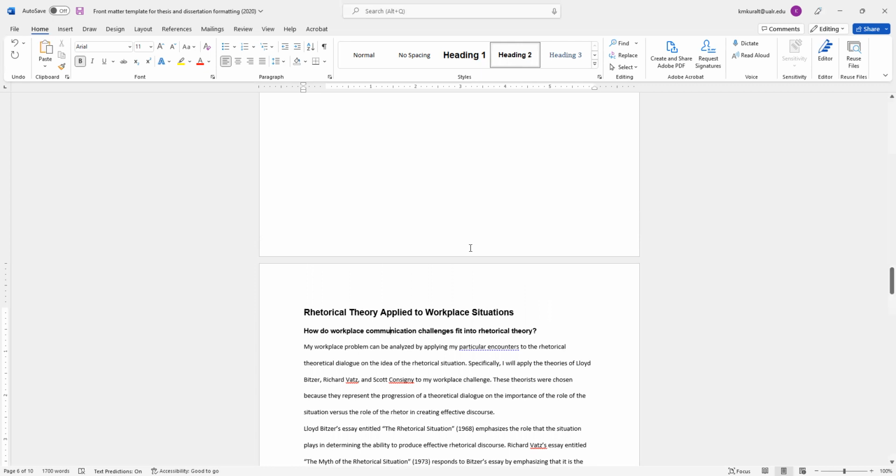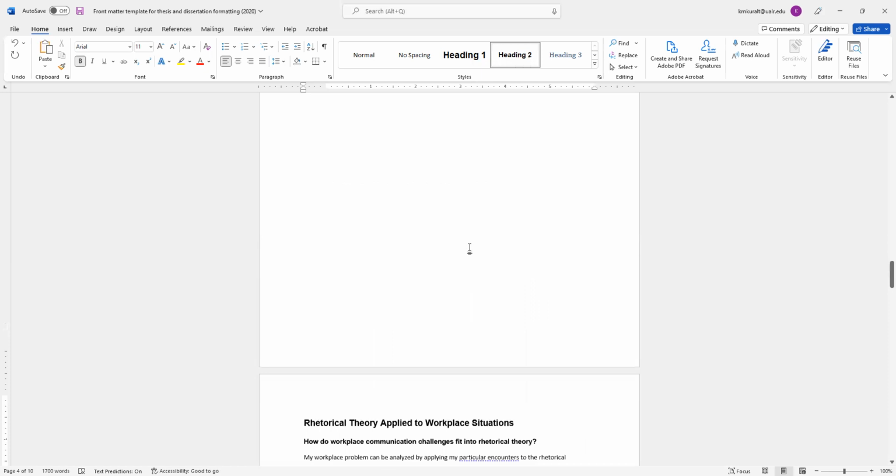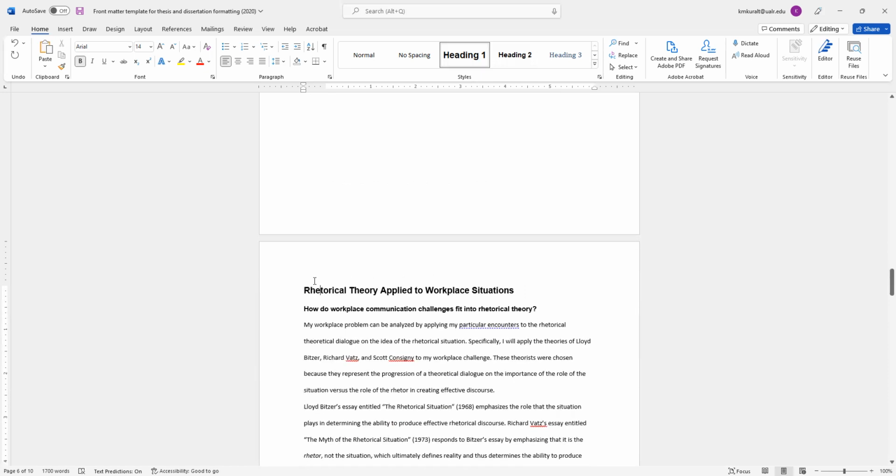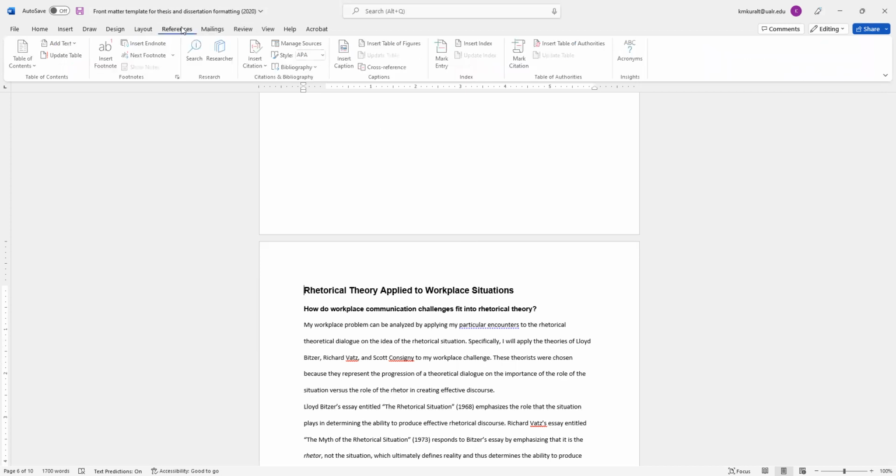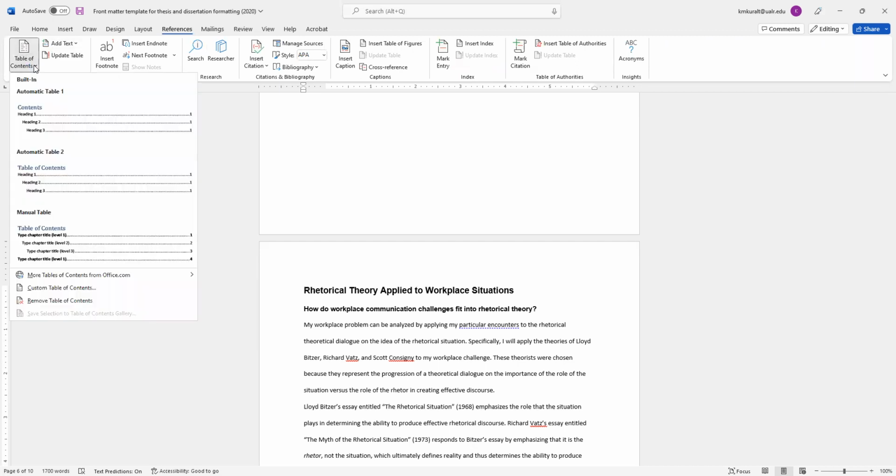All right. So the first thing we're going to do is put the table in there. I'm going to come to my first page that has text on it, and I'm going to insert a table of contents. So I'm coming over here to the References tab, and notice over here in the left-hand corner is Table of Contents. I can click the little arrow and choose a style for it. I happen to like Automatic Table 2 because it's called Table of Contents instead of just Contents, and I like the indents and stuff. So I'm going to pick that.